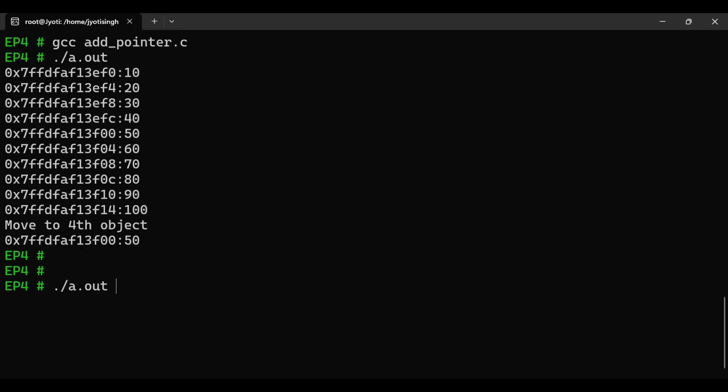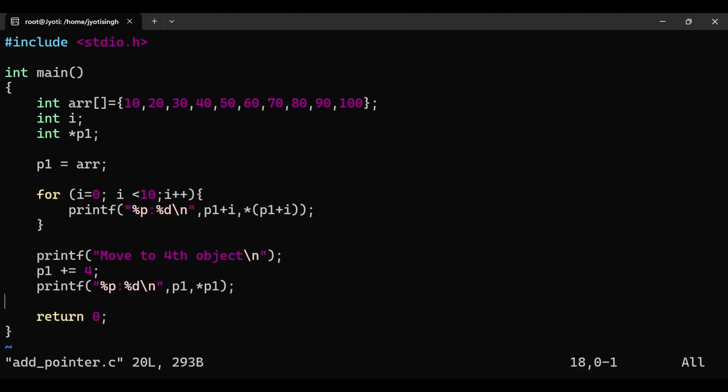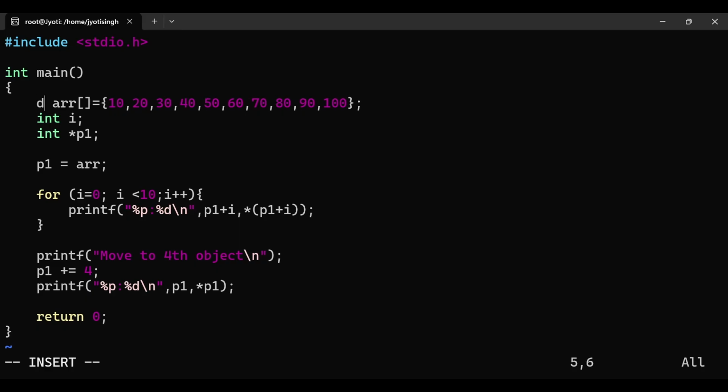Let me make some changes and then see the output. This is an integer array. Let us make it double, and our pointer also is double.